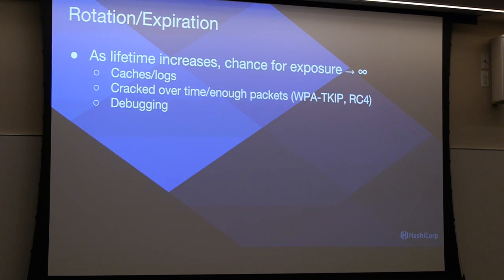All right, rotation and expiration. I mentioned that as lifetime increases, you should basically assume that any secret will be divulged. If it's sitting around on a system forever, just assume that it's going to get out there in some way. Now, if it's an encrypted blob, maybe that's okay as long as the key hasn't also been sitting around somewhere. But basically, you should assume that over time, secrets need to be rotated, because if someone gains access to data, and let's say it's RC4 data, that can be cracked pretty easily now, right? So you never know what's going to happen in the future. There might be huge major advances against AES, and suddenly AES 256 is out the